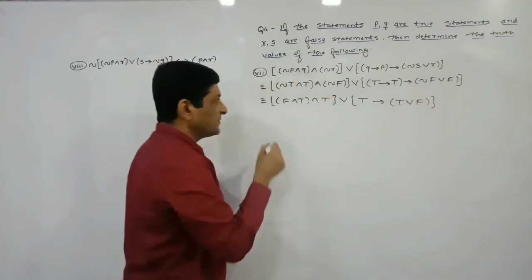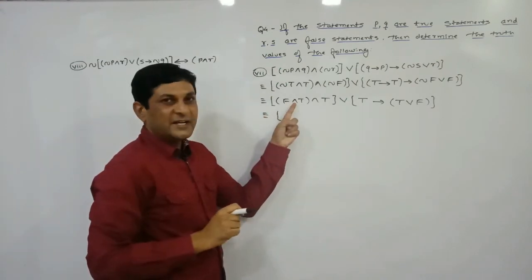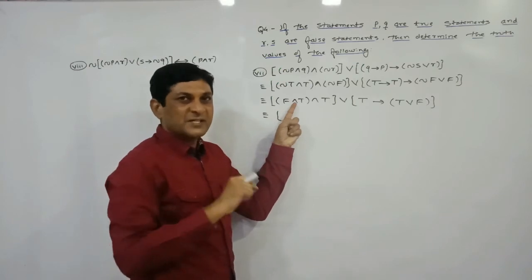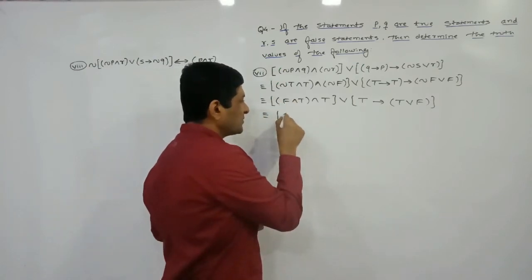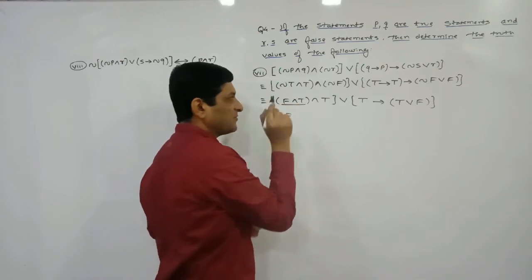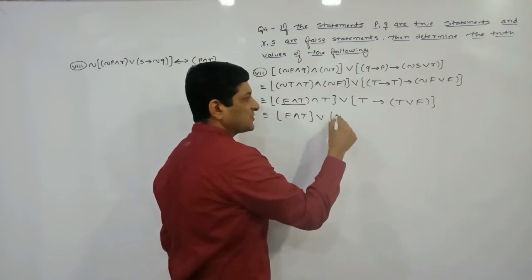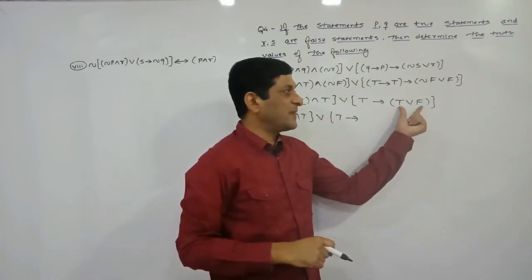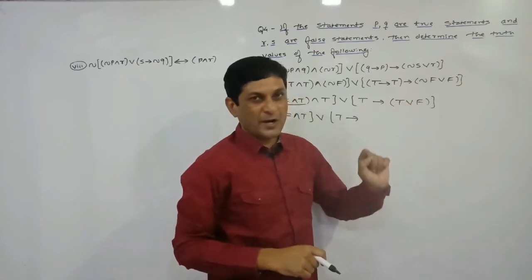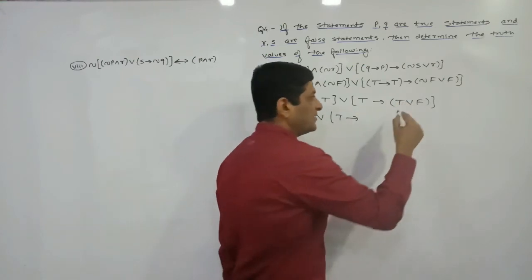Now again let us simplify it. Here in this first bracket, AND is there, and in case of AND, if at least one statement is false, truth value of AND will be false. So one statement is false, so here truth value of this bracket will be false, and T keep it as it is, or also as it is, T also as it is, implication also as it is. Let us simplify this bracket. Two parts are connected by OR, and in case of OR, if at least one statement is true, its truth value is true.